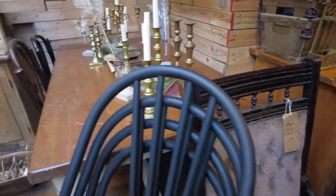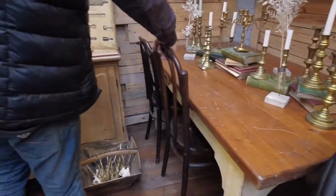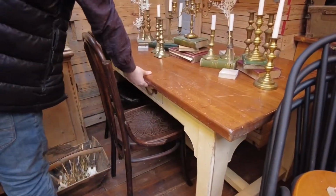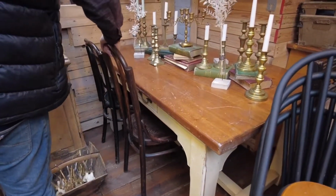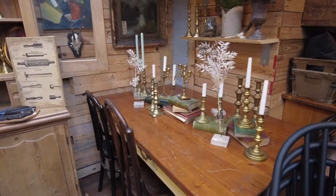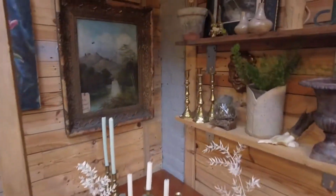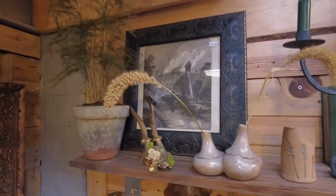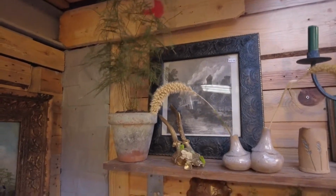And then we have a beautiful dining table too. This is online at the moment, and it has a drawer on one side, and it's a super solid piece as well. And I've just dressed it with some brass candlesticks and some antique books. So the look in this section is kind of a brass and green theme. But as you can see, there's lots of quirky bits like pottery, taxidermy,